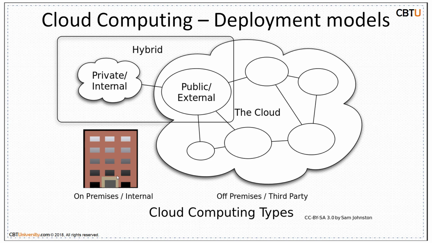The deployment models, the cloud computing types. We have the public cloud, that is external, the private cloud, that is internal, and the hybrid cloud, a mixture of these two combinations. Public service providers like Amazon AWS, Microsoft Azure, and Google Cloud Platform own and operate the infrastructure at their data center and offer products and services like computing, application hosting, web hosting, storage, and other resources accessible over the internet.